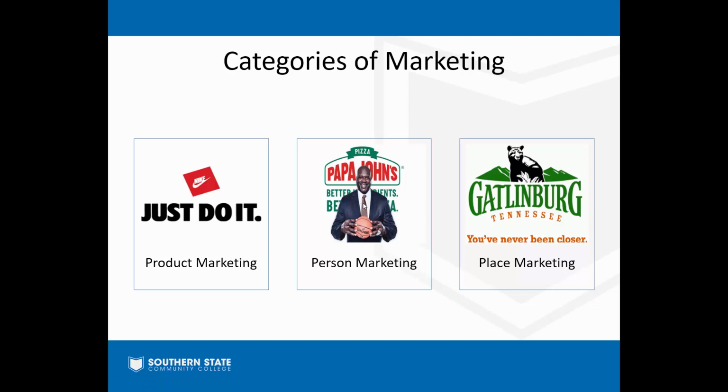Person marketing is another kind of marketing where we're using a celebrity, or a celebrity's kind of marketing themselves. A lot of times there's some overlap in these categories. Like Shaquille O'Neal here has recently become a board member of Papa John's and opened up some Papa John's franchises that he owns. So he's marketing himself and playing off of his celebrity, and at the same time, he's also marketing a product, Papa John's Pizza. So there can be some blur between the categories.